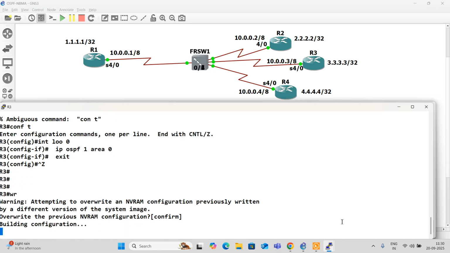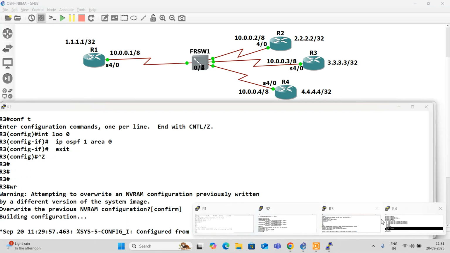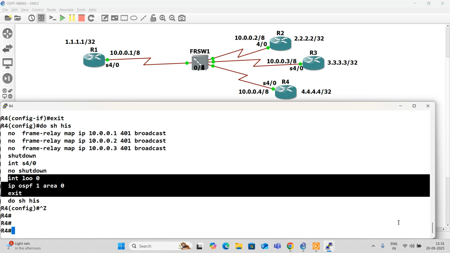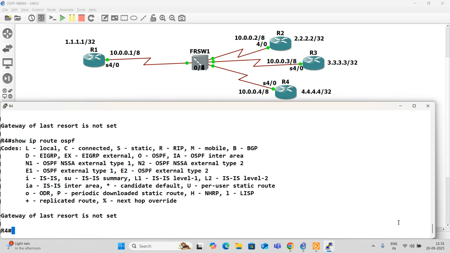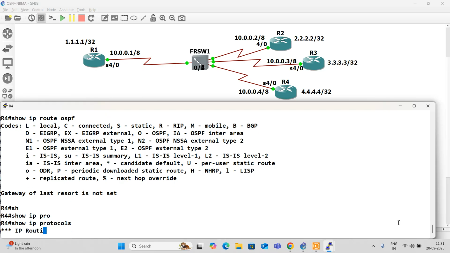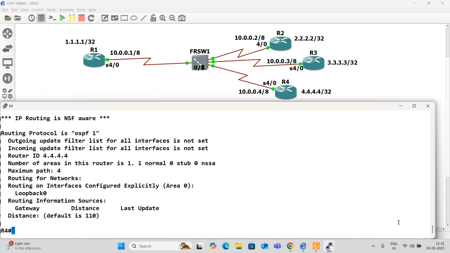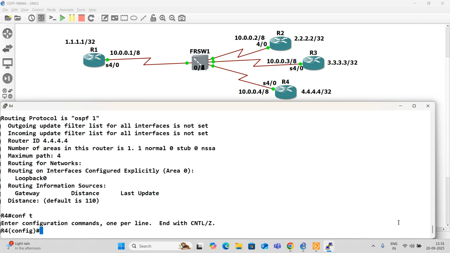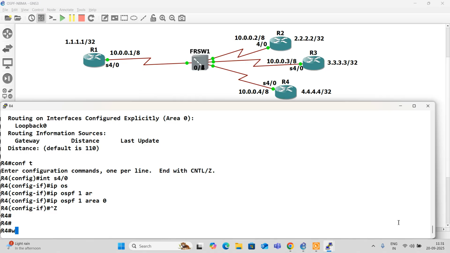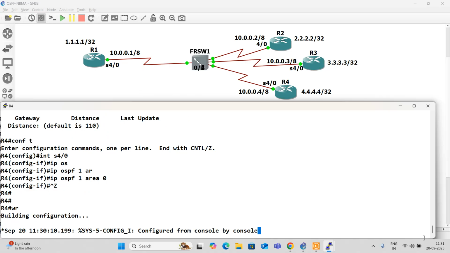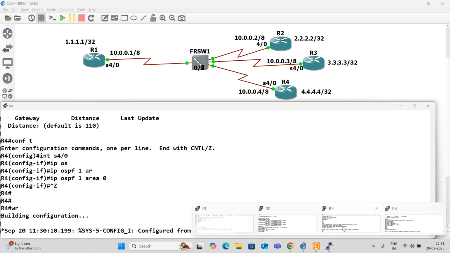Okay, now you can expect reachability as well as routes. Show IP route OSPF. Wait some time. IP OSPF 1 area 0. I think even on the serial interface I did not enable it. Now only enable it.